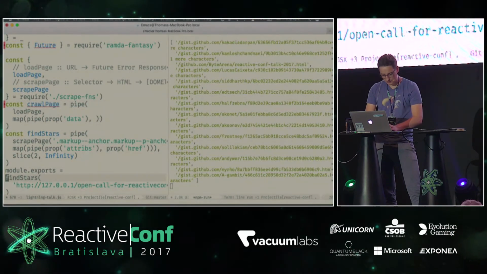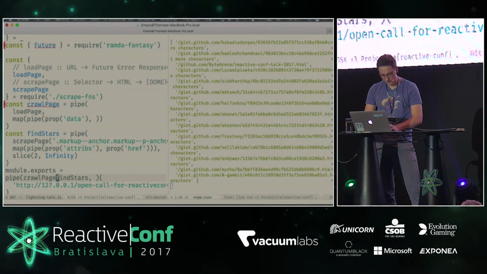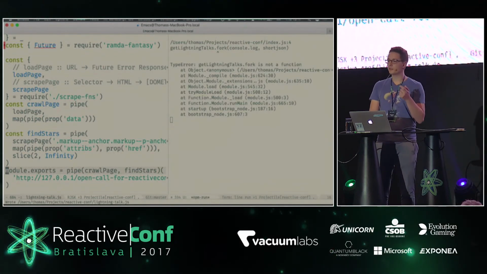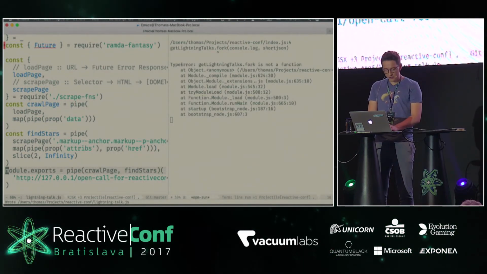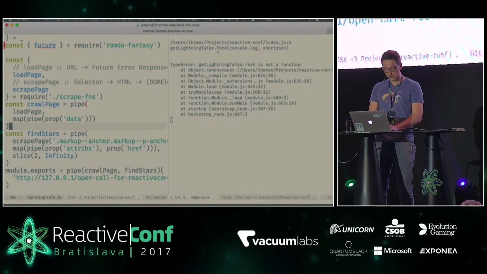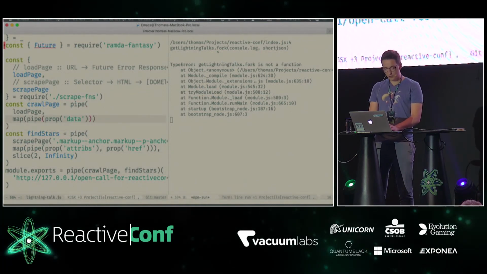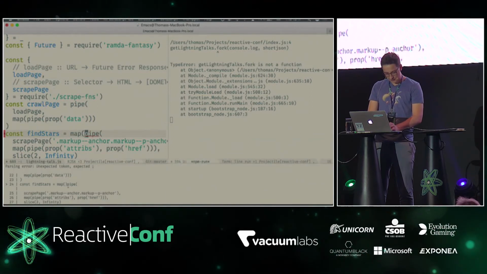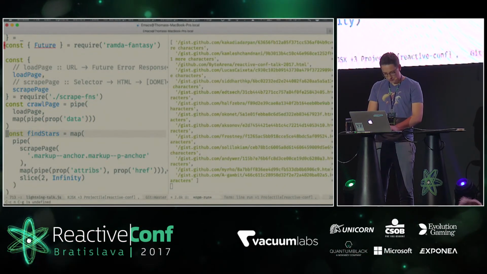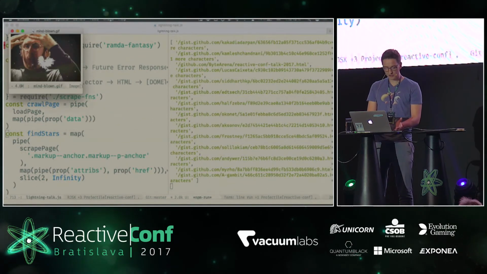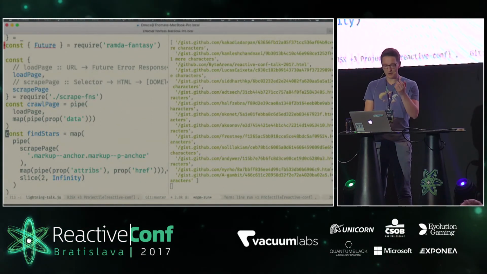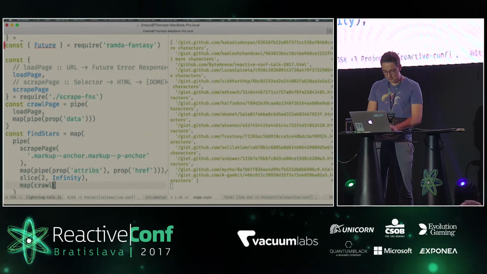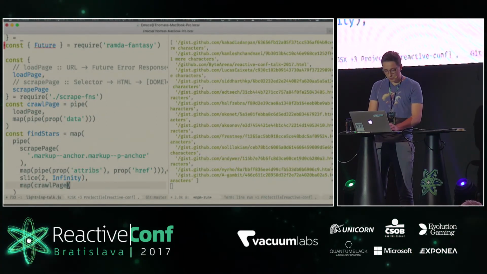And down here, we wrap find stars in another pipe, and you pipe from crawl page to find stars, which does not work because what we did was we removed find stars from within the map here. And in order to make things work again, we need to wrap it in another map. And by doing this, we're actually following a mathematical law, the distributive law, which is a mind-blowing fact, but we got no time to explain that. So we just continue by mapping over crawl page. And now we got a list